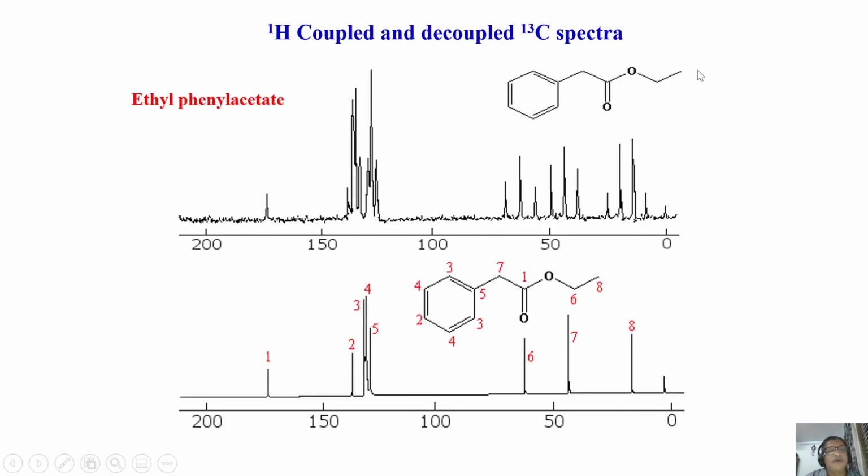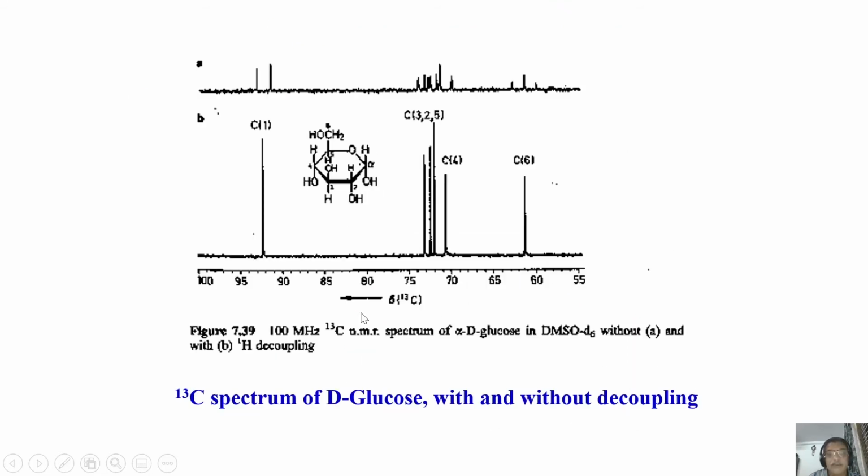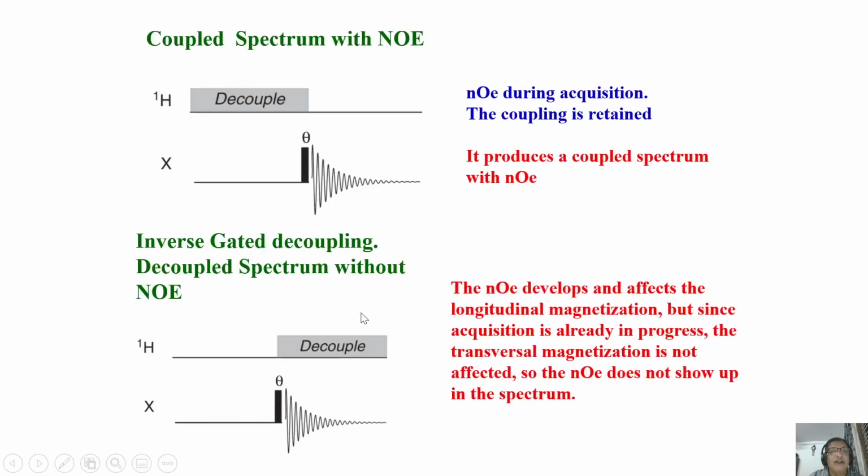Again, using the 2nI+1 rule, this is a quartet, this is a triplet, and all these carbons are doublets because of directly attached protons, and this multiplicity reduces to singlets like this. And this is what I said, and there are various processes of decoupling I also discussed, like gated decoupling. I remember, I don't want to go again, because now I'm discussing carbon 13 decoupling in the Spinnaker sequence. I just wanted to complete the decoupling topic so that I don't need to come back again.